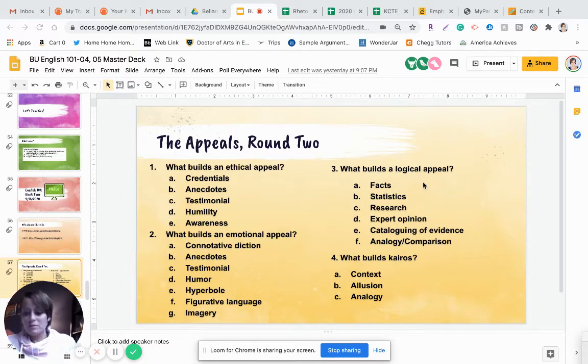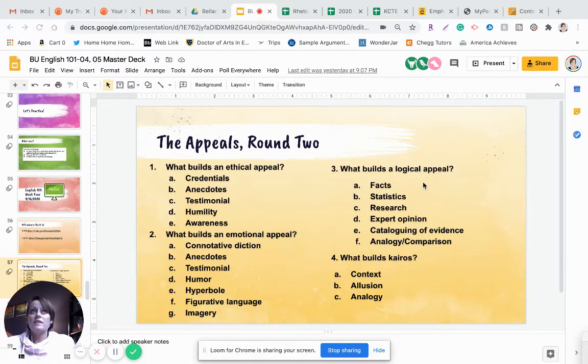And then finally, I haven't mentioned this one yet to everyone, but the fourth appeal is really not something that you make so much as it's something that you do in your speech or essay or whatever it is that you're writing or sharing in order to make your audience know that it is the right time and place for this argument. So kairos can be used interchangeably with the word time, or chronos, which is part of the word chronological. So when a writer is really concerned with kairos, they are making sure that the context is such